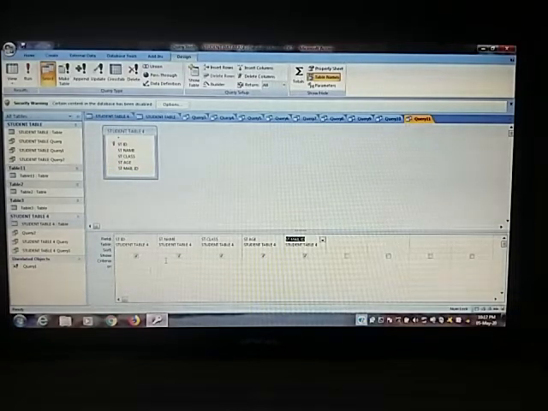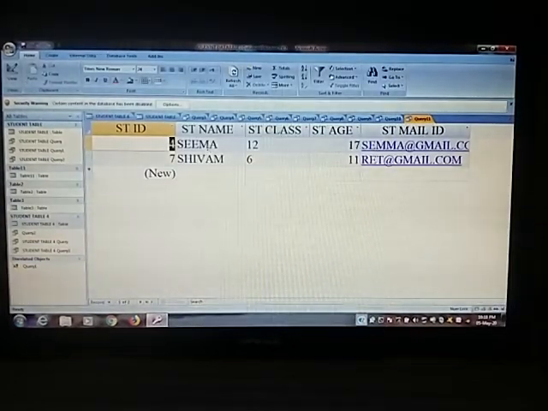Suppose you want to find only the names of students whose name starts with the alphabet S. Then use capital S followed by an asterisk, because we write all the letters in capital, and close the double quotation mark and run your query. You can see that only two records, Seema and Shivam, are shown. Clear?